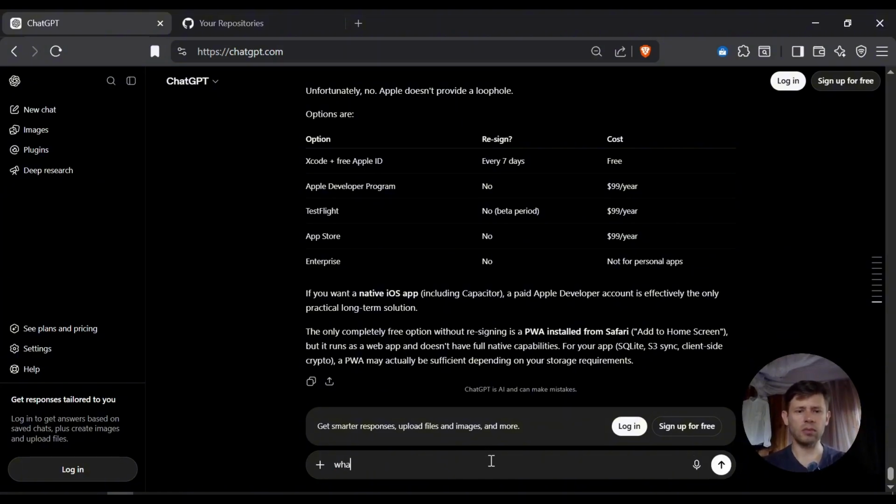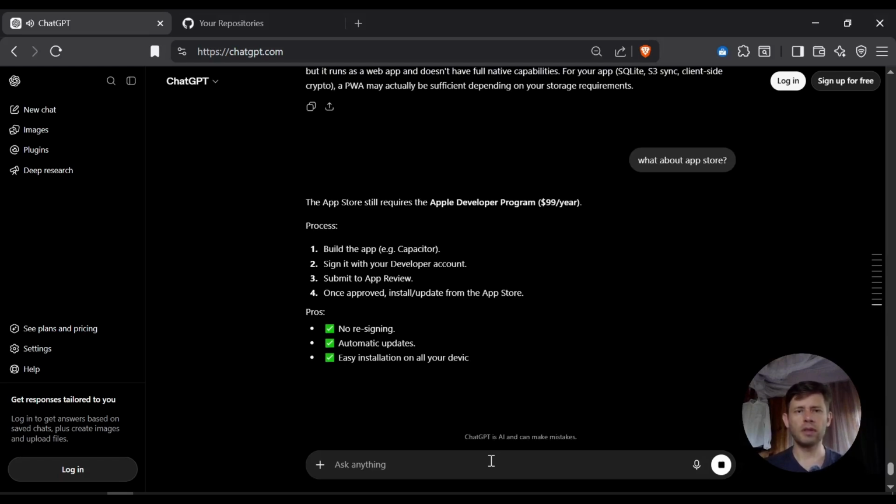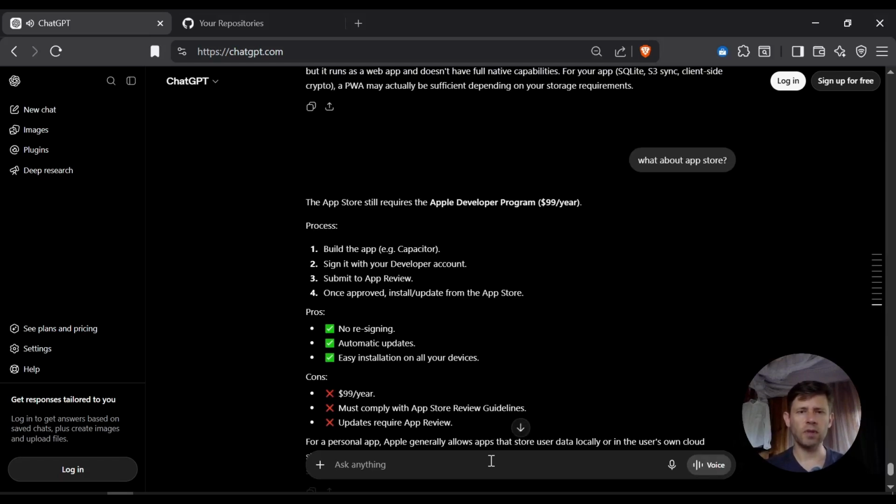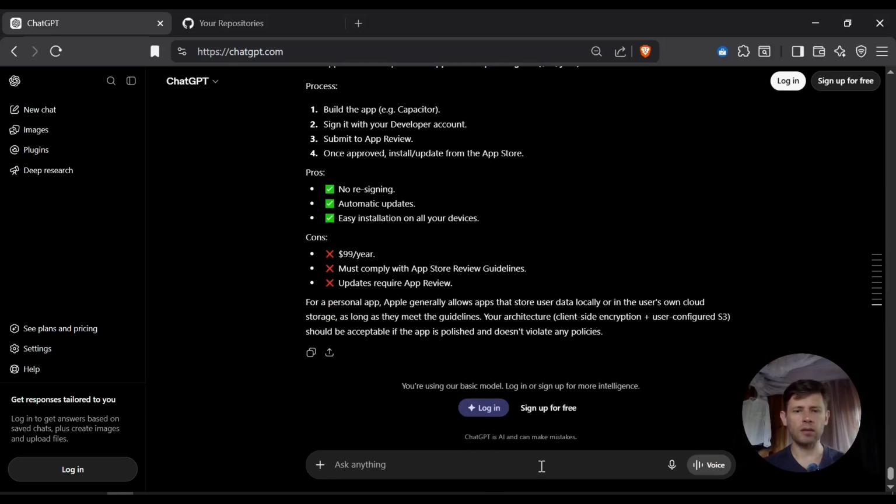Okay, what about App Store? I think it's not. Yeah, it still requires payment. Okay, then what about